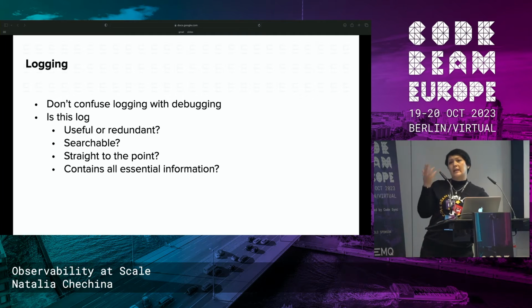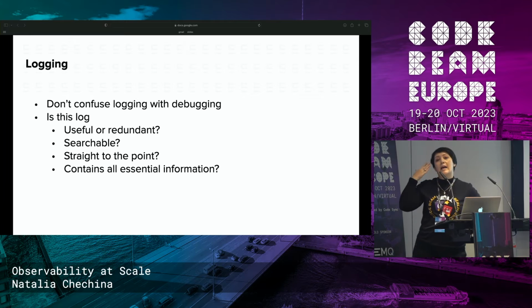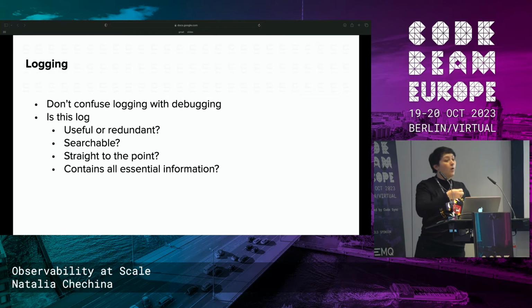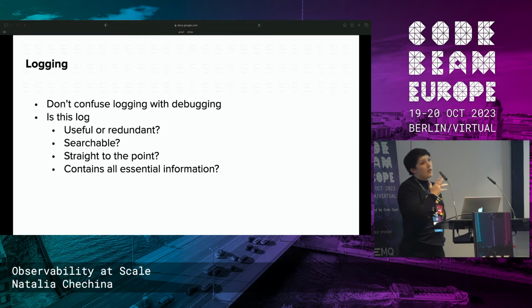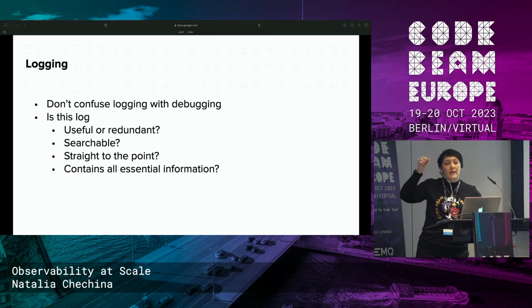An important thing not to forget is that we shouldn't confuse logs with debugging. Logs is about what happened in your system, important events, errors, audits, all those things, right? Debugging, you've got a problem, you need to find that problem, and then you remove that debug information from there. The reason we shouldn't confuse them, the first one is when we talk about audit logs. Audit logs are on a happy path. And then you collect information.